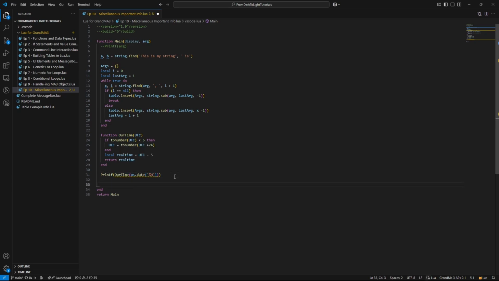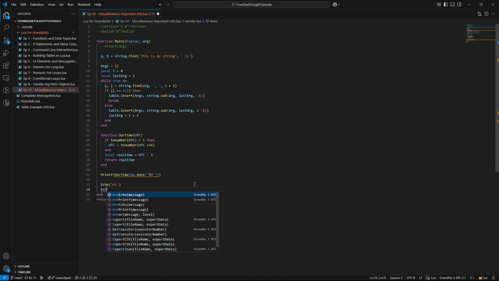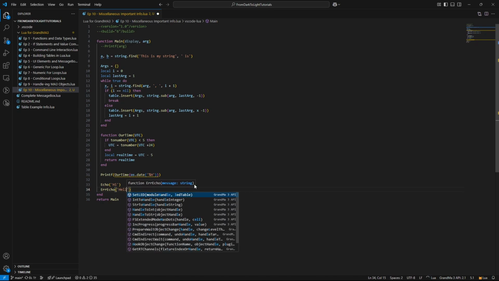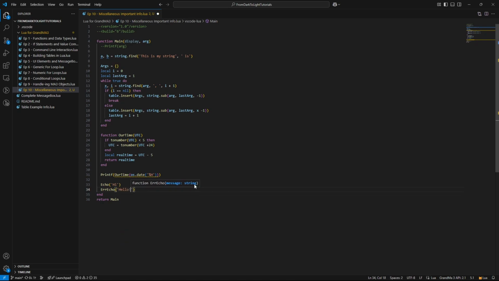We'll do echo hi, and then there are also a couple of other functions that you can use, like air echo, hello, that's not how you spell hello, hello with an exclamation mark, and air printf is another one. And both of these just print text just like the regular echo and printf, except for the fact that they